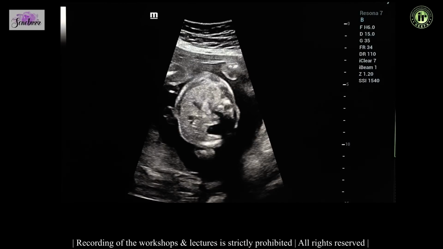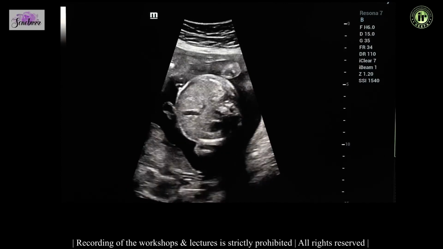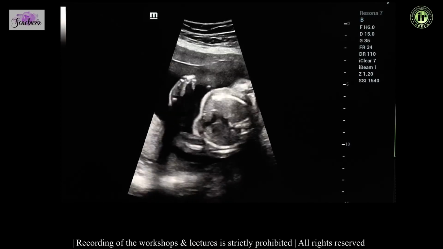So when you are looking at the situs, I find it much easier to take the abdomen section, look at the stomach. So this is the stomach, the aorta comes here. So if you join a circle, say from the aorta, the stomach and the umbilical vein, you should see if this is in a clockwise fashion or in an anti-clockwise fashion. So this is in a clockwise fashion, the circle is moving like this. So this fetus has to be in a cephalic position. So then with this, I will move my probe up and down and see if this fetus is in a cephalic position or not.